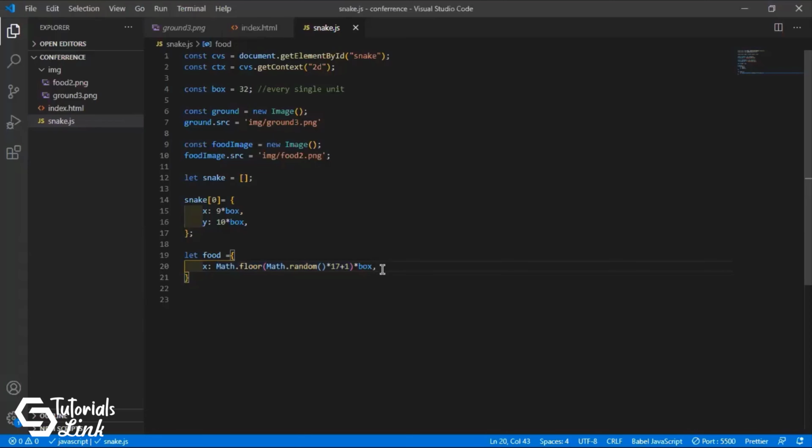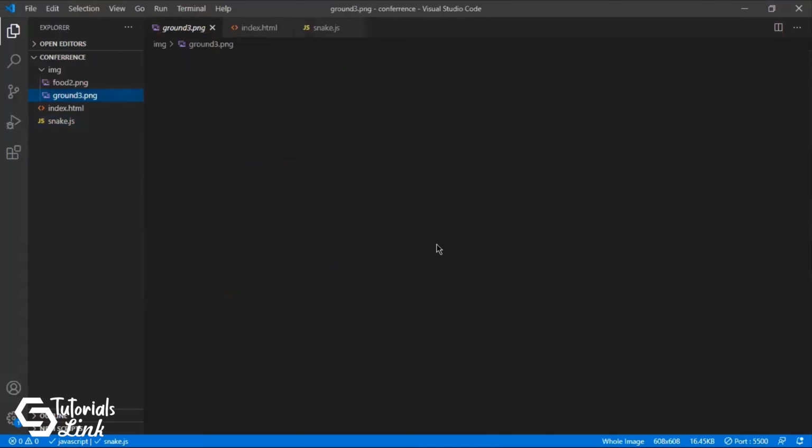Similarly we will do this for y, but for y we have different coordinates, so it will be something like 15, and plus 3, because on one side it is 15 and on the other side it is 3. Let me show you how.